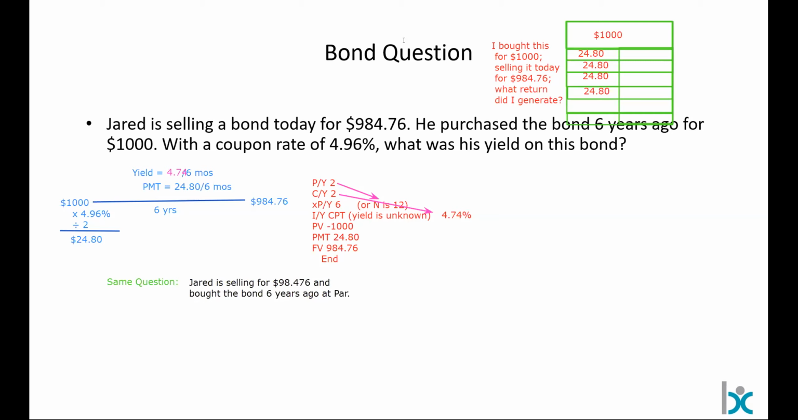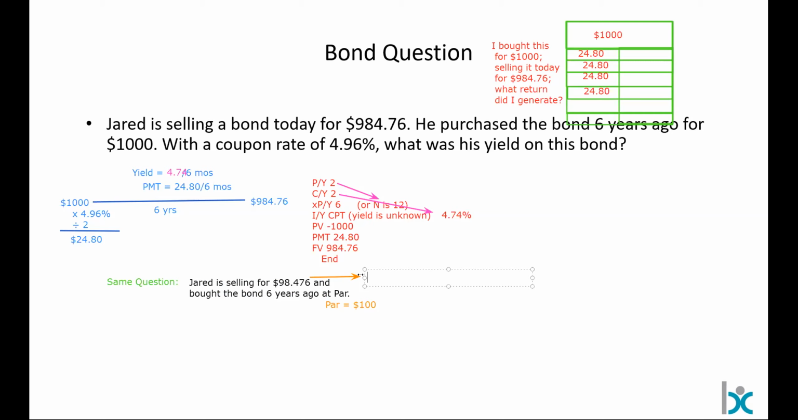Because with that 98, no, it's 4 point, Sharon, if you're getting 4.48, your CY is not, or your N is not right. You have to have 12 in your N spot, however you get there. Okay, and that's exactly it. Par would be 100. And the 98.476,